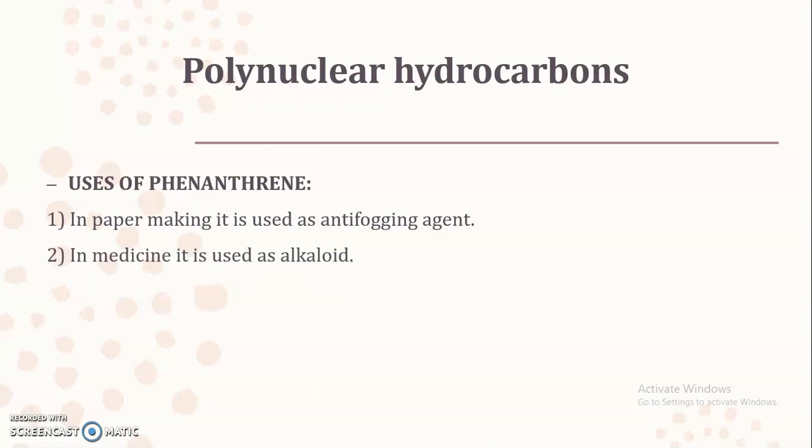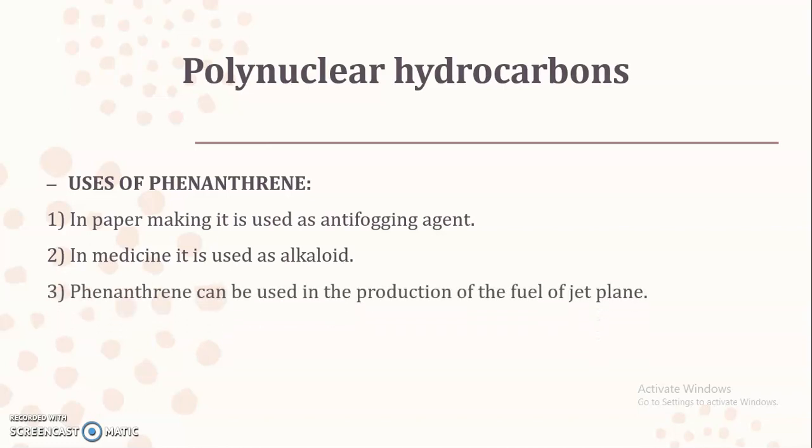Now about the structure of phenanthrene, as you remember, this is the only angular fused polynuclear hydrocarbon that we have seen. Anthracene and phenanthrene are isomers of each other. Here anthracene has a linear structure while phenanthrene has an angular structure. So the two phenyl rings are present in a linear way like naphthalene, and the third phenyl ring is present angular to the naphthalene.